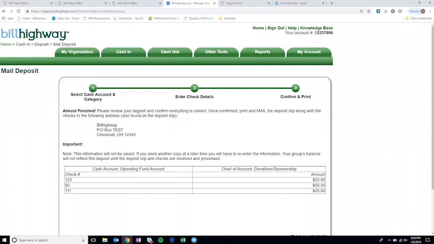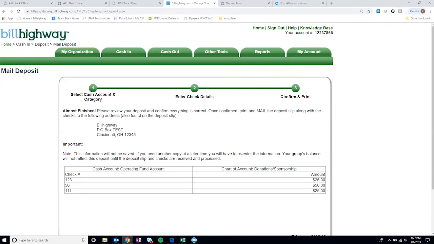We won't put anything into those cash accounts or hit those chart of accounts for any of those amounts until we actually receive those checks at the processing center. So that deposit form really is in no way tied to what actually goes in until we receive those checks. But I said that the copy of it is good for you for your record keeping, and then also on